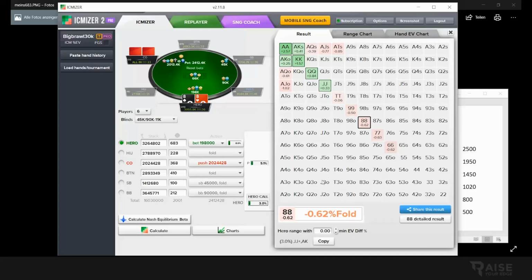So if you call, let's say, nines plus, ace queen suited plus, you're good. But in these ICM situations, you definitely want to avoid making those big mistakes like calling off ace queen off, calling off pocket eights, in a freeze out tournament, even calling off nines or ace queen suited, which are just clear folds. So keep that in mind,